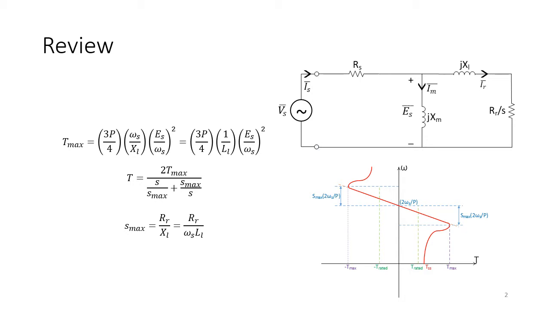It's the simplified gamma model, as you can see, and we used this model to derive the equation for the torque and its relation to the speed of the machine. We found the torque as a function of the machine speed. We found that there is a Tmax, maximum torque, and the speed at which Tmax happens. So we found that the Tmax shown here is not a function of the rotor resistance, but it's a function of